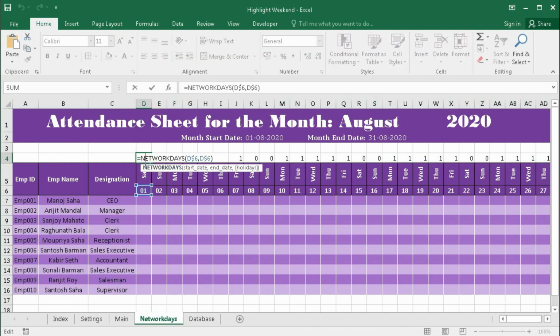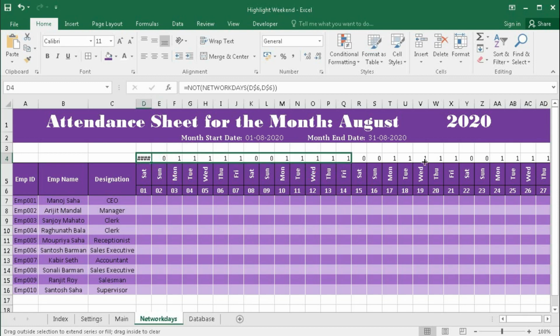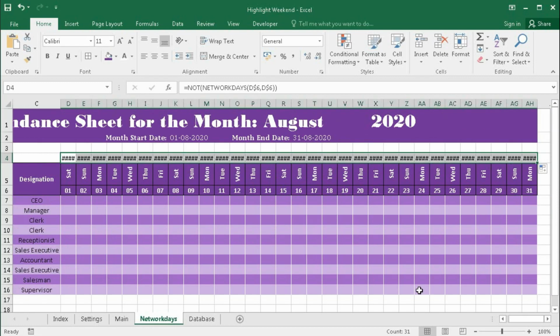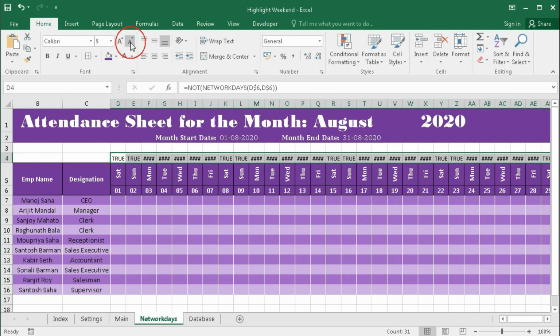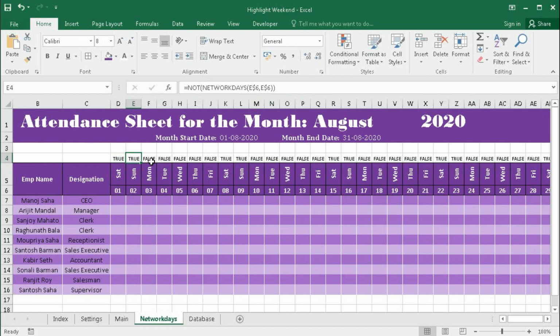So again we use the NOT function to make it opposite. So it becomes true. We cannot see the value. Let's make it a little small. We can see these are true and these dates are false.